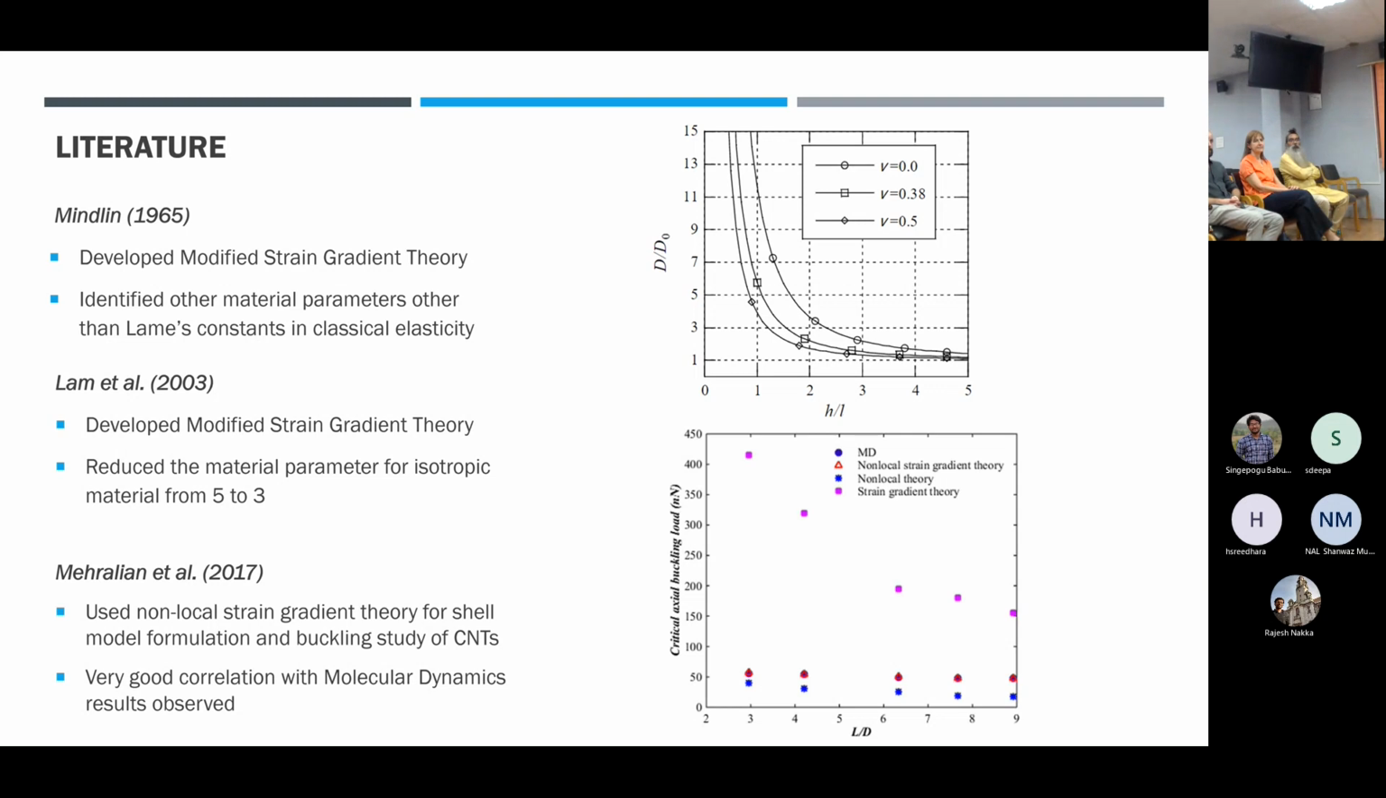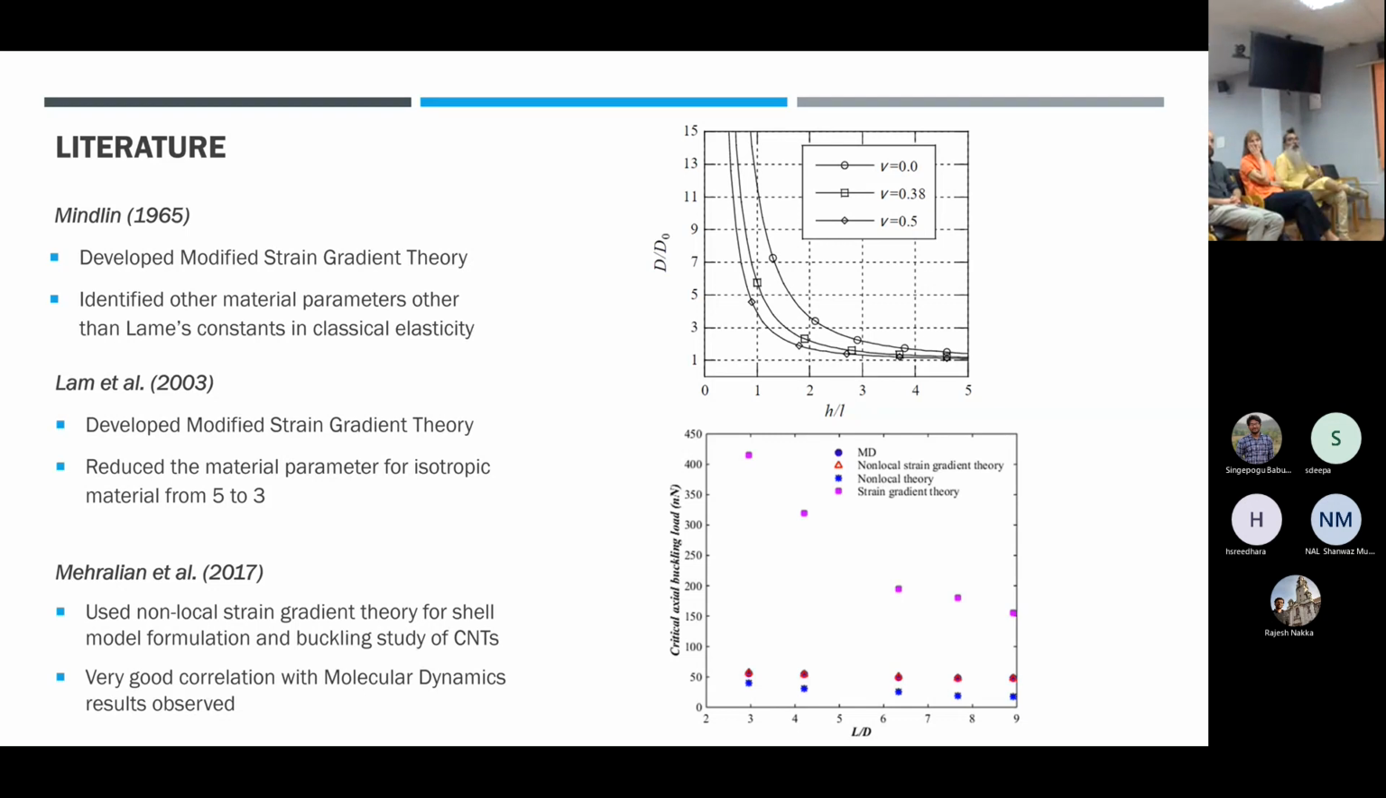So it is seen that the molecular dynamics and non-local strain gradient theory are in very good correlation. And here we have the bending rigidity defined using a strain gradient approach and using the classical approach. Upon increasing the thickness to length ratio, the strain gradient theory gives a very high bending stiffness compared to the classical theory for smaller thicknesses, and it converges to the classical theory as the thickness increases,